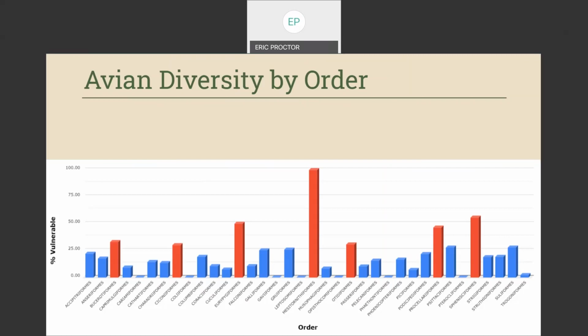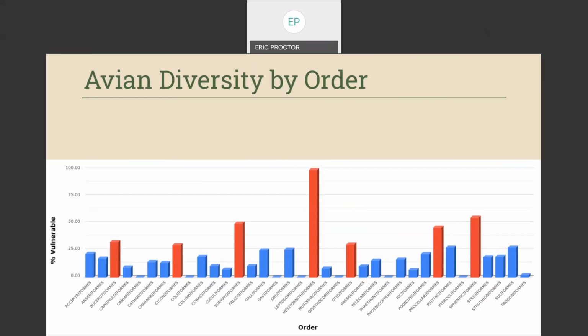There are 6 orders that have at least 30% of their species considered vulnerable. These orders consist of a wide variety of birds that include hornbills, bustards, flamingos, storks, ibises, albatrosses, and penguins. Perhaps not surprisingly, because of what we know about the oceans and what's happening with our waters, many of these birds seem to be closely associated with water. When you think about penguins, flamingos, storks, ibises, albatrosses, those are some of the most endangered orders of birds.